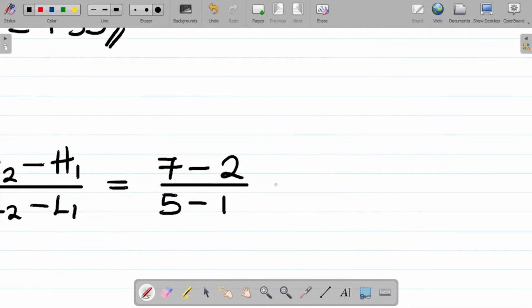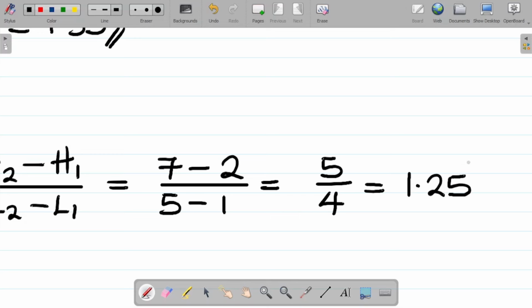Alright, so proceeding. This is equal to 5 minus 7 minus 2 is 5, all over 5 minus 1 is 4. So I have 5 over 4. If I punch 5 over 4, I have about 1.25 as my answer. So for this one here, your answer is about